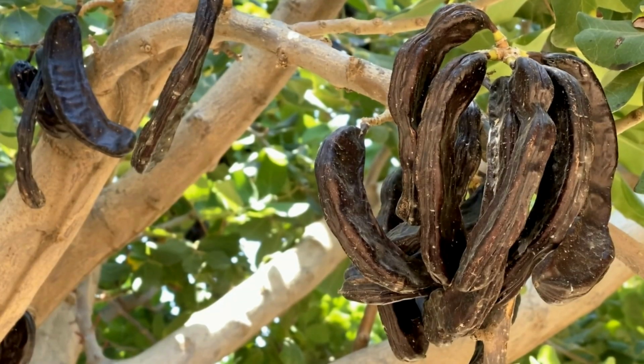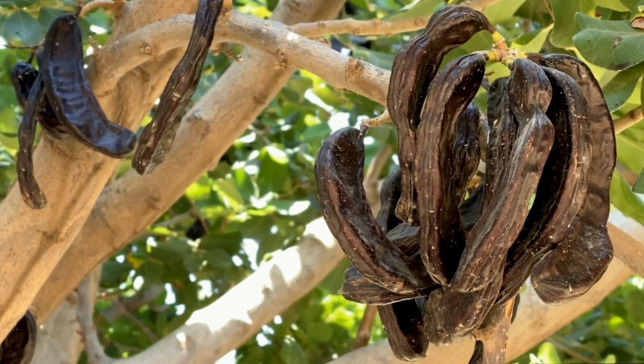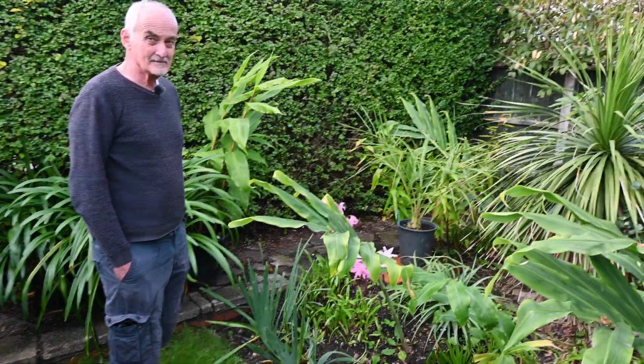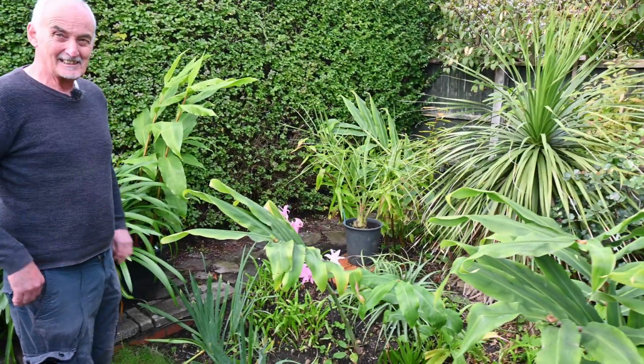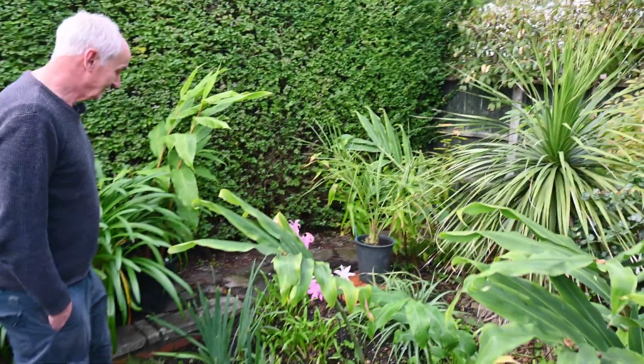It tends to lose the leaves a bit when you get to -8, but it always comes back. So that's where you'll get your carob nuts from eventually. It's a bit like chocolate, isn't it? Yeah, just pick them off the floor when you're in the Canaries or something like that. And this one here then...